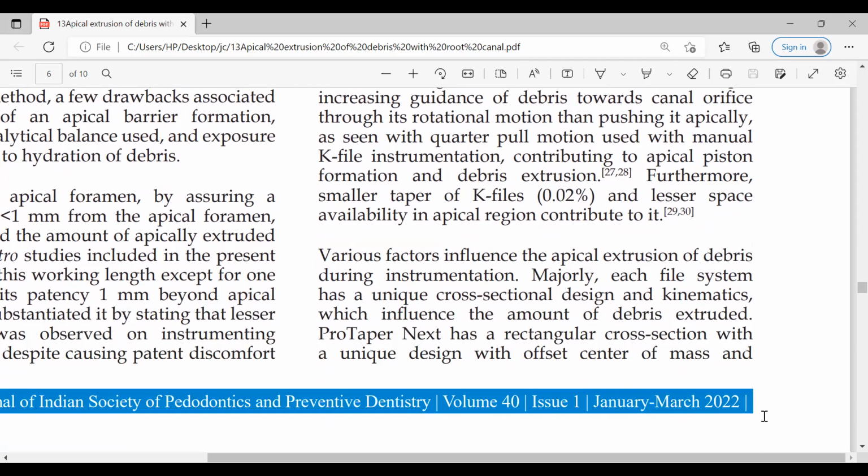Various factors influence the apical extrusion of debris during instrumentation. Majorly, each file system has unique cross-sectional design and kinematics, which influence the amount of debris extruded.